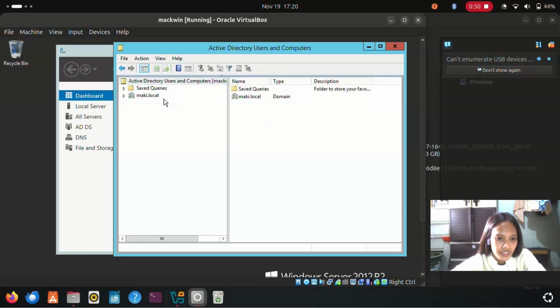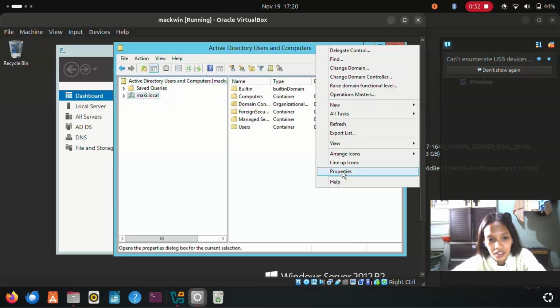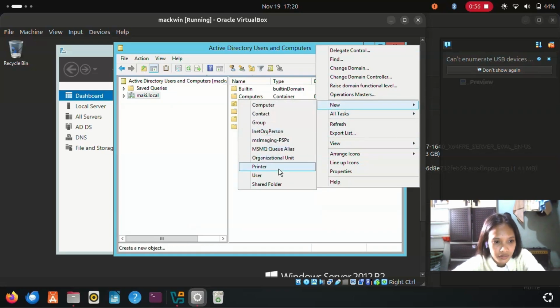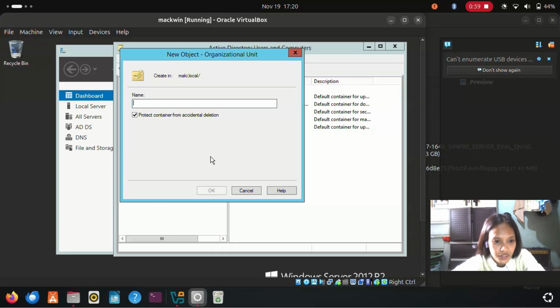The user right clicks the new users OU and selects a new user. The user inputs the first name, last name, and the required user logon name. And a password is set for the account.